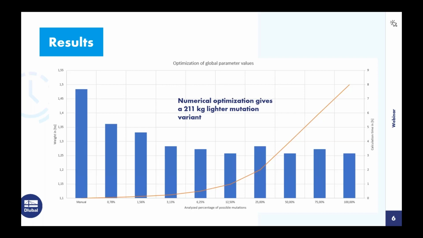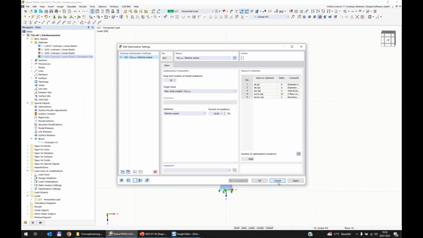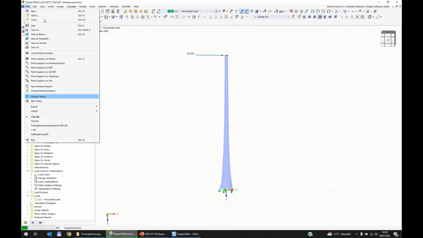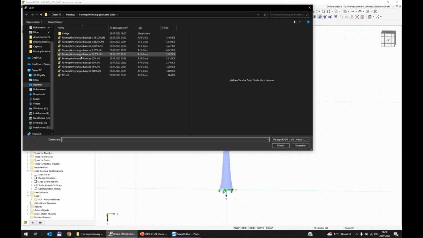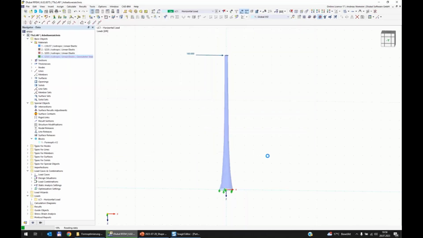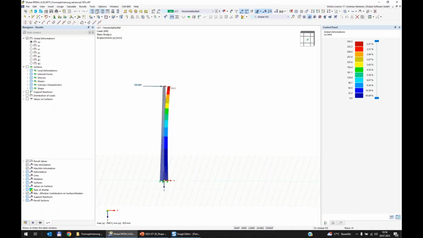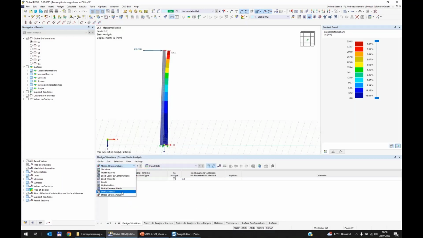And now maybe I want to present to you how this looks. Let's check this result at 50 or 12%. So I stored all these results after the run. Open maybe here 50%. And you see the program now found parameters. Now, here you have to activate the table and you see